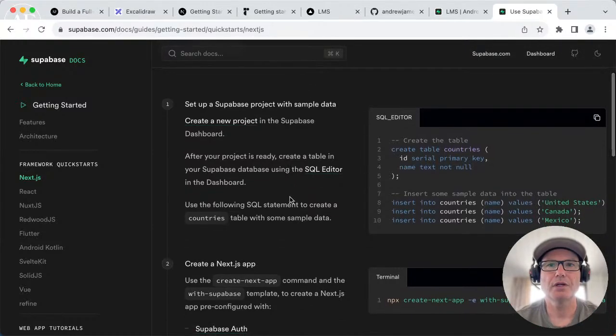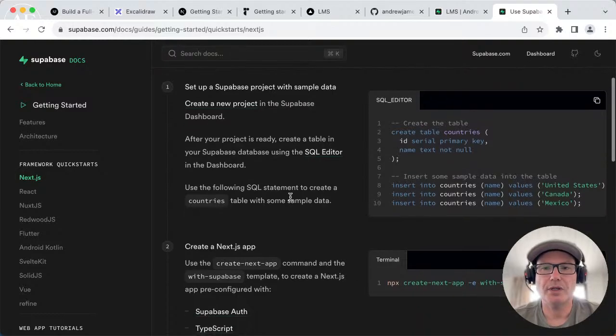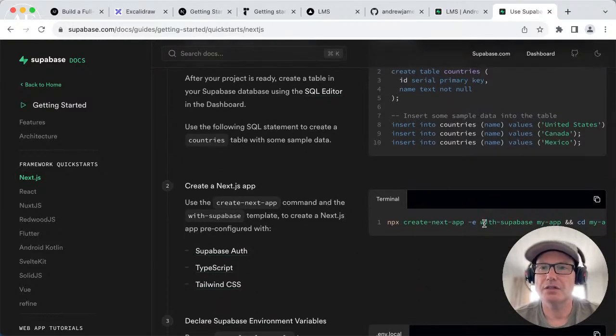Okay. Now we're not going to make a countries table. We're going to go and start off maybe with our probably course. I think it might be a good one to start with. And then we will have to add the Supabase auth there. Okay, so we can use either this command line here, where we can add their template and